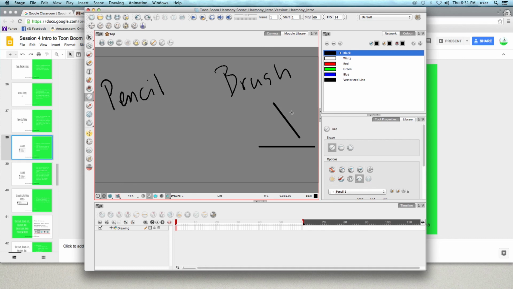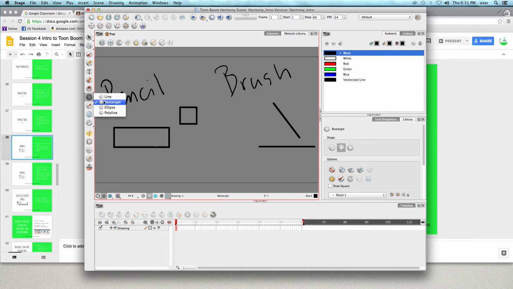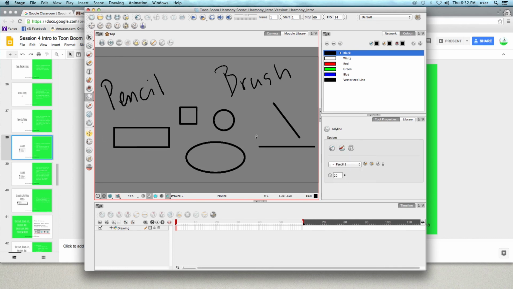Command Z to undo. All right. Rectangle tool, fairly explanatory, and I hold on the shift key and I get a perfect square. I have the ellipse tool, and again I draw with the left mouse button and drag, release, and again if I hold on the shift key, I get a perfect circle. Now the polyline, it behaves like the pen tool in Adobe Photoshop and Adobe Illustrator, but